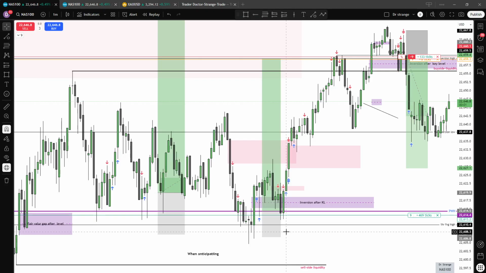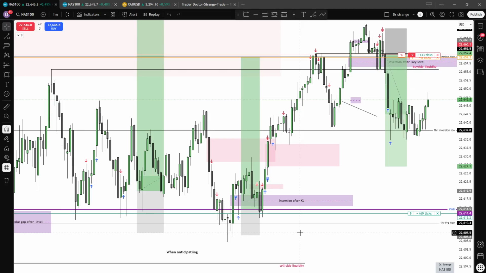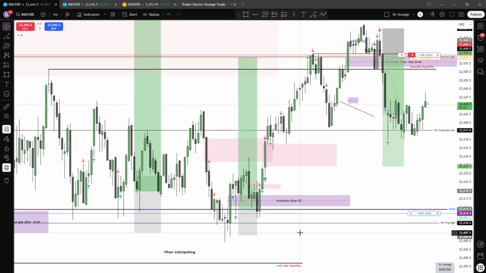Now, if you want extra confirmation, I'm going to give you specific rules, and you go and backtest them and see that they actually work. Wait for price to reach the previous weekly high, like this one here. And you start to count short-term lows. Remember, a short-term high has two lower highs on either side, that's a short-term high.